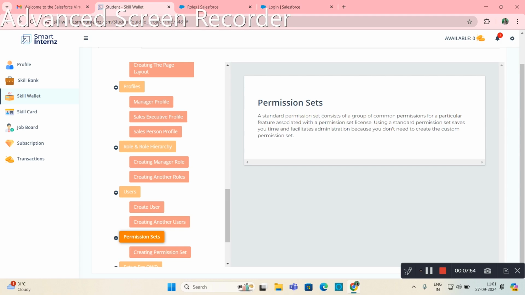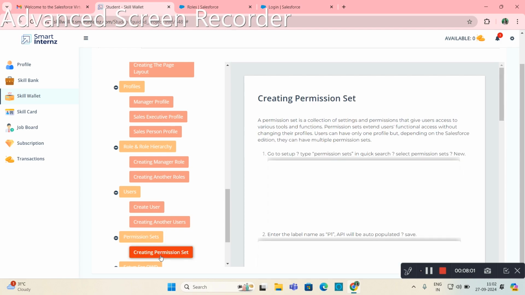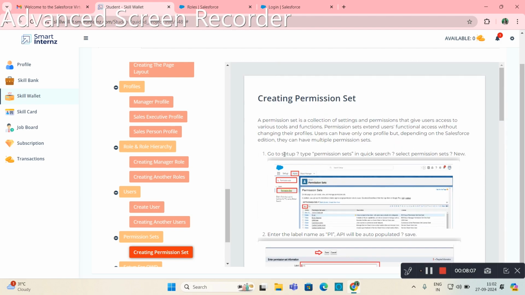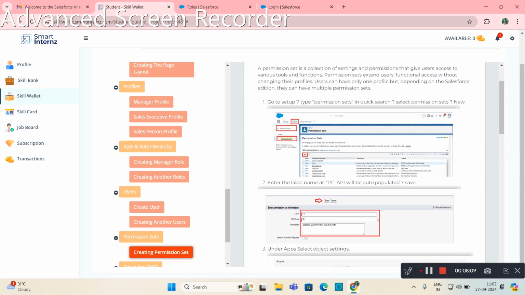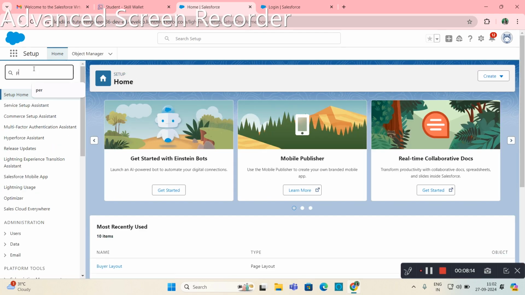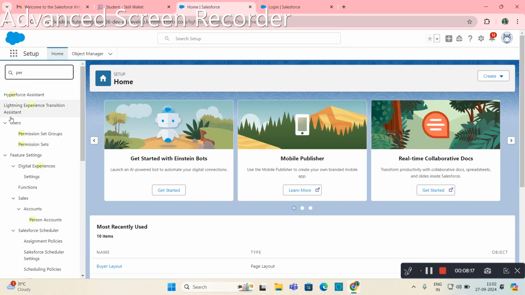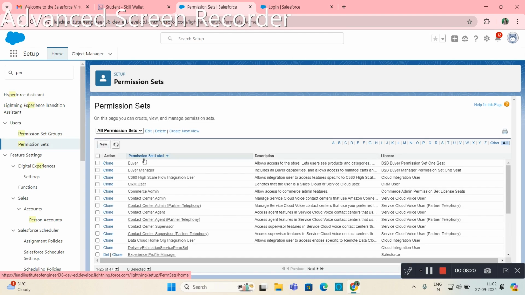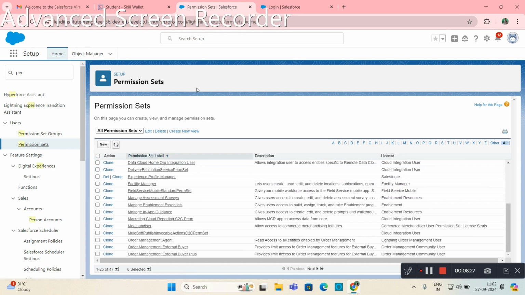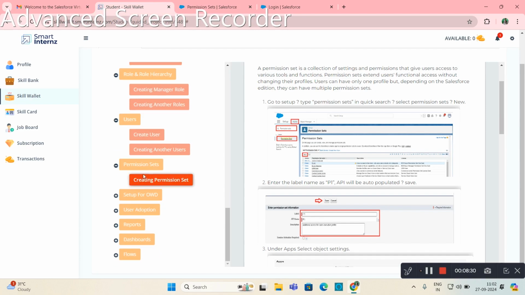Permissions means it is a group of common permissions that a particular person can easily get license. And these are the steps to get permissions. We can easily do that. And go for the home now. And clicking on the permission sets, I have already created buyer. Now set up for